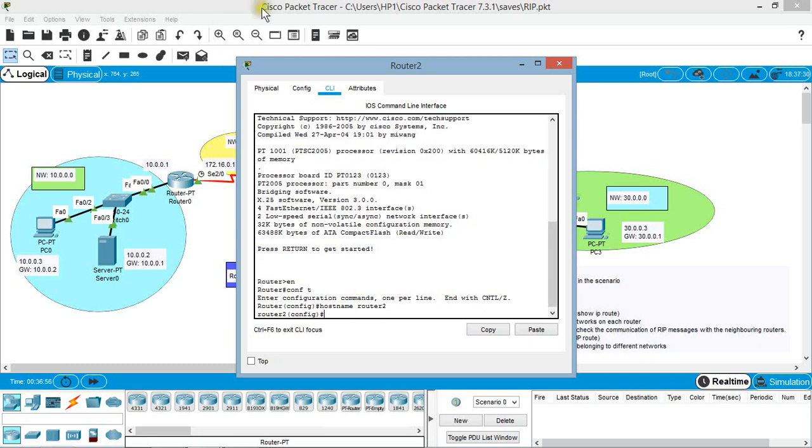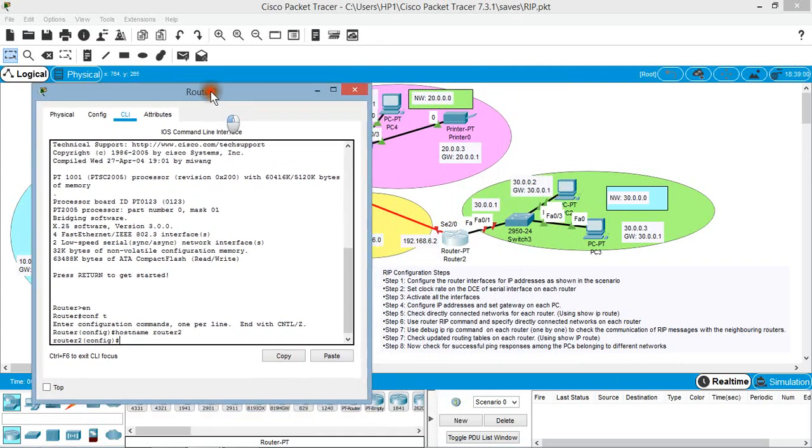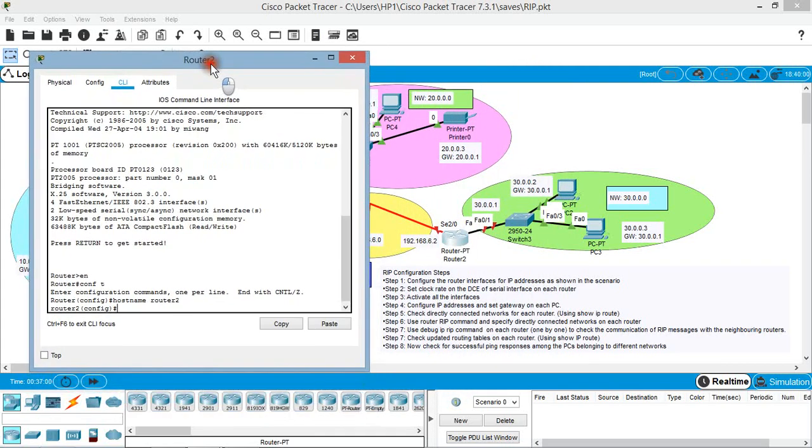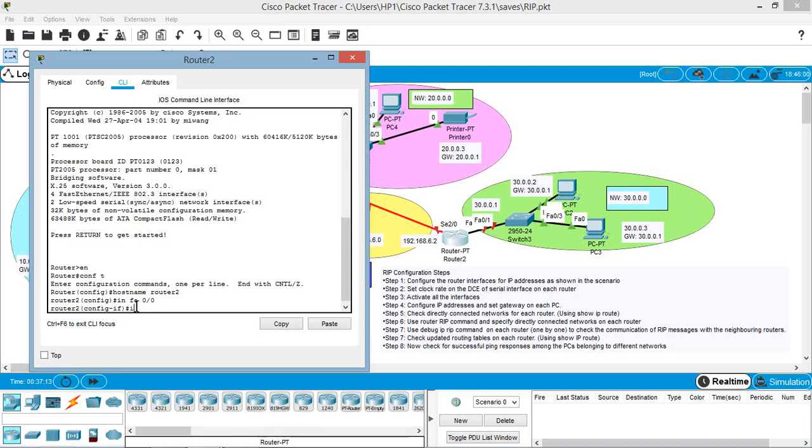We can configure this FastEthernet interface and the serial interface of this router 2. You can see here in this diagram, router 2 has got the FastEthernet interface 0/0, which should be configured with IP address 30.0.0.1.